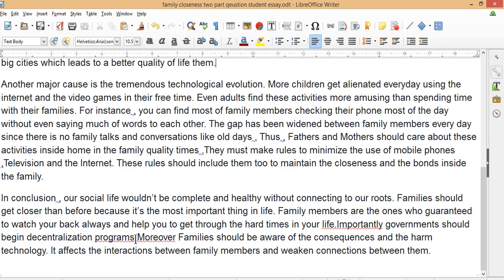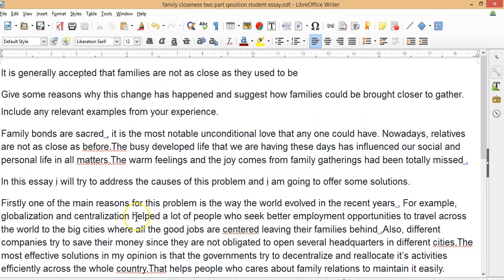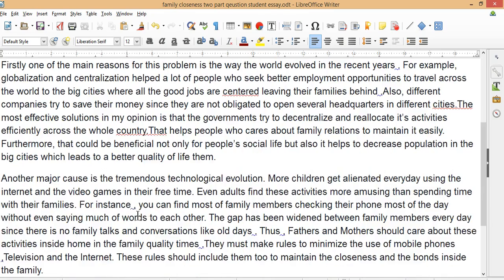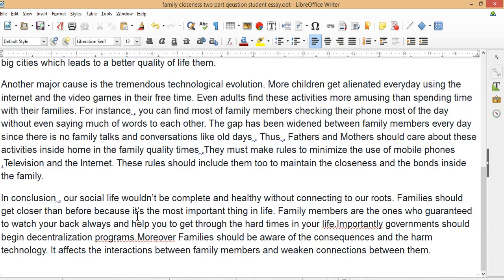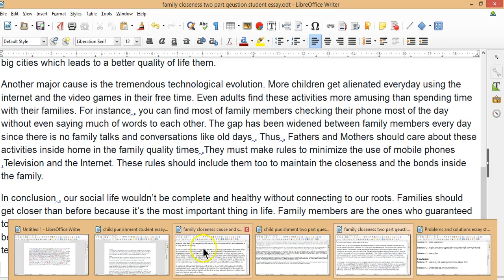So, right, we've got one mention of one of his ideas, decentralization. Should be aware of the consequences and the harm, technology. So, it isn't bad. It's not bad, but still, it's not as clear and connected and cohesive as it could be. So let's have a look at the